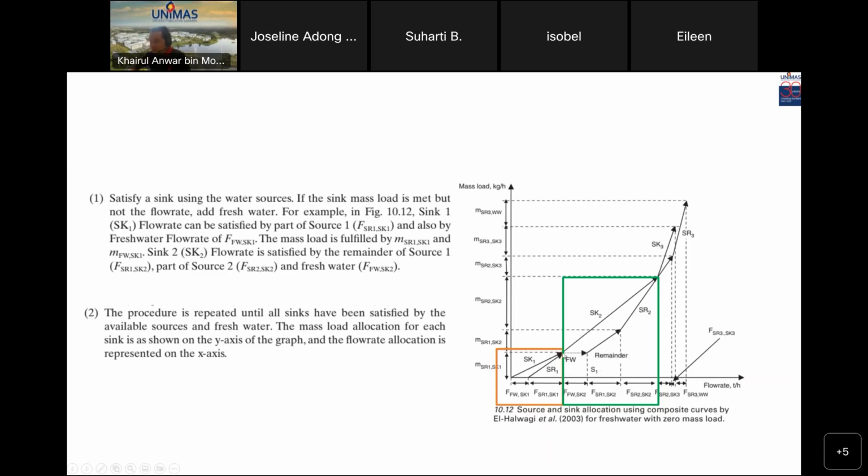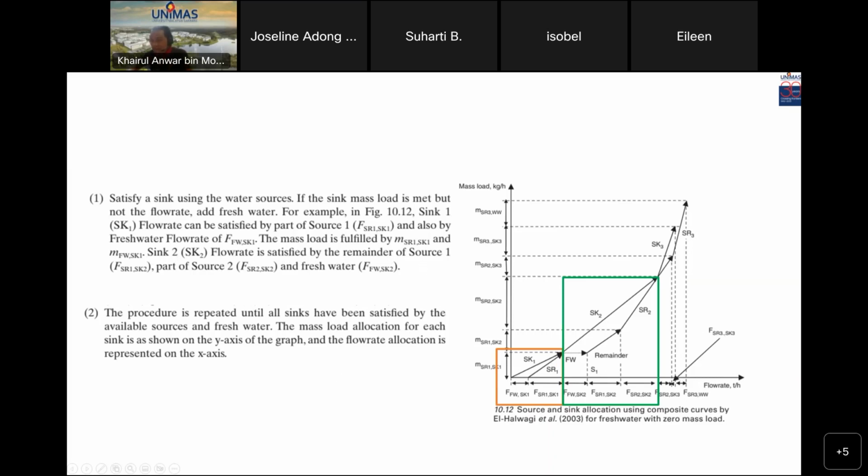Only in this case it is a shift to the right. Therefore, sink 2 flow rate is satisfied by the remainder of source 1,